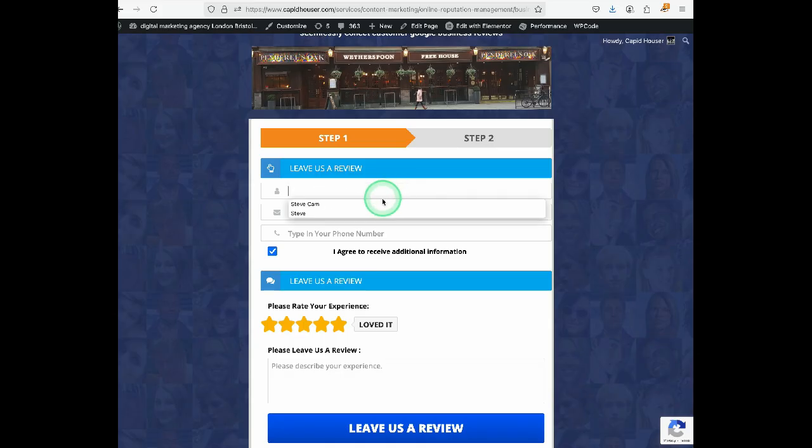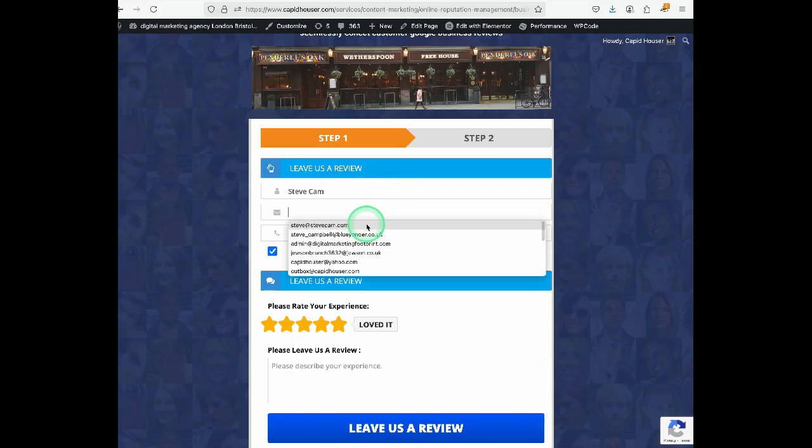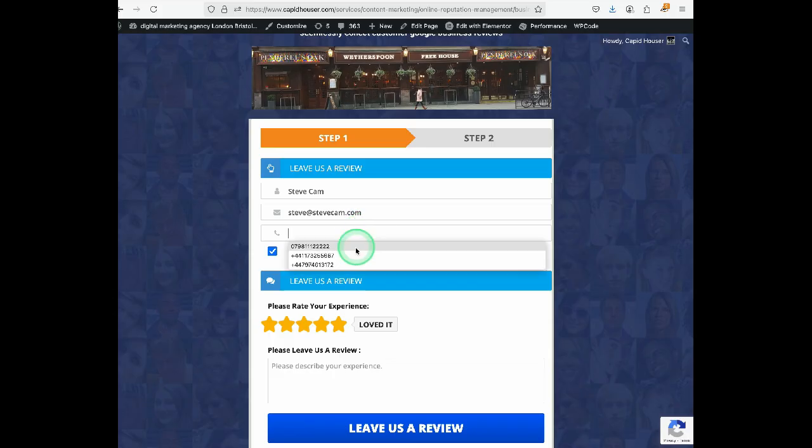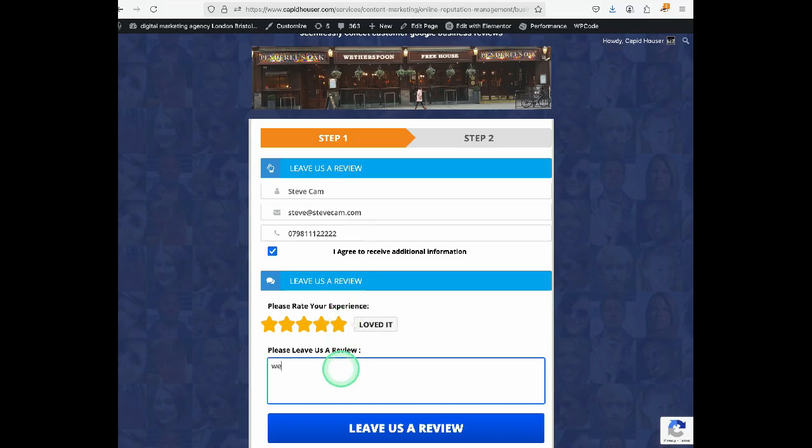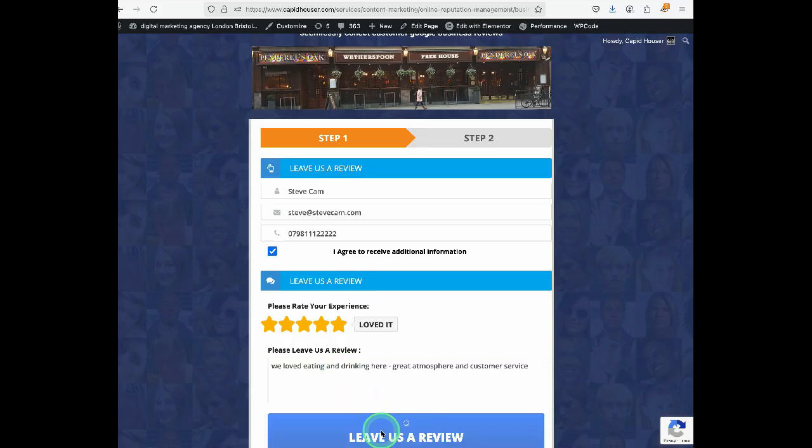So first of all, they will enter their name and their email address, and then they'll put a phone number in. And then let's say they're doing a positive review. We loved eating and drinking here. Great atmosphere and customer service. Okay, so that's a positive review, and so the next stage they will go through now,